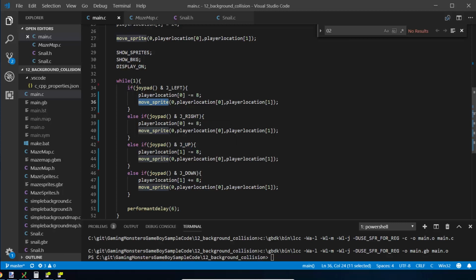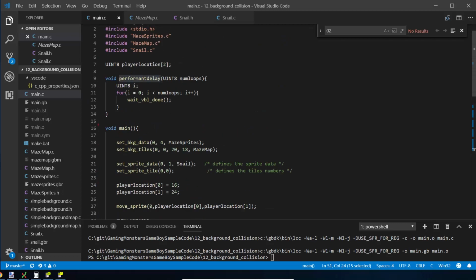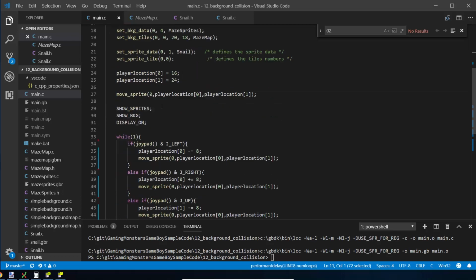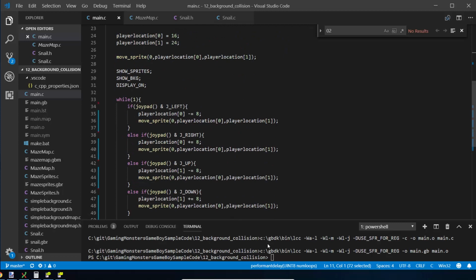So you've seen this done hundreds of times, hopefully, in the tutorials I've done previously. And then we're calling performant delay, which I've introduced in the last few videos, which is just a method that doesn't tax the CPU too much, but puts a bit of delay in between you pressing the button and the next one triggering as well. So if we load that,